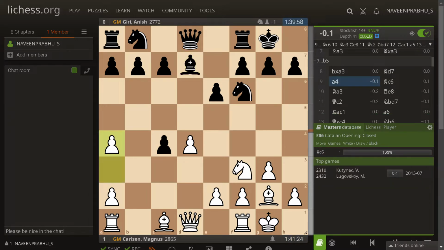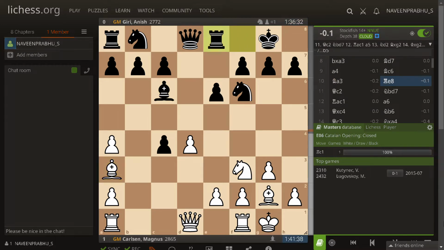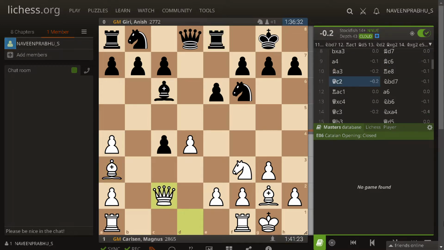So Magnus has the flexibility to post his bishop on either b2 or a3 according to the positions. Anish defended his b7 pawn by playing the move bishop to c6 because he doesn't want any discovery by moving the knight on f3, which will create an attack on the pawn on b7. So he just guarded it by playing this move, and as per plan, Magnus develops his bishop to a3 to attack the rook, so he moves the rook to e8, and then the queen comes to c2 to attack the pawn on c4,